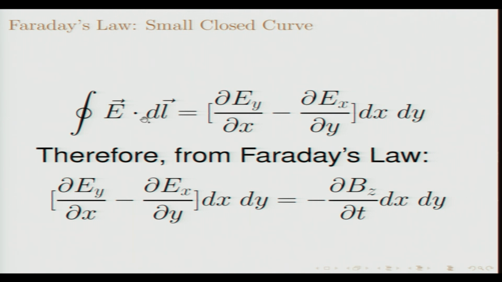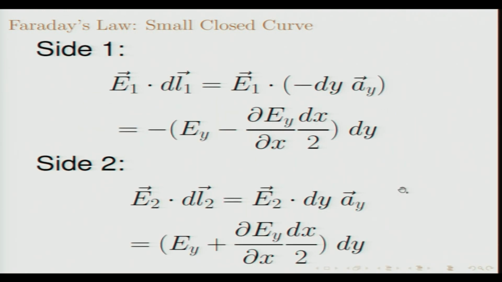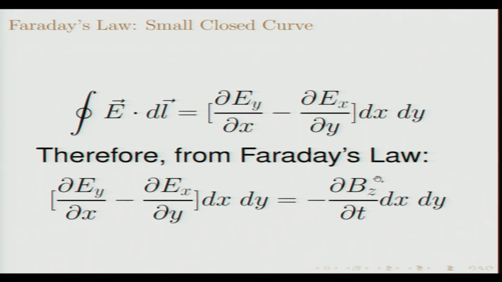Since this is an infinitesimally small curve, what you find is that you will get in fact the expression on the right hand side. So, if you sum this up, you will get this expression. Therefore, E dot dl for this extremely small curve on the xy plane is actually given by this, and as per Faraday's law, this is equal to B dot ds, which we already took out in the initial slide. So, what you get is this expression, and this also means, if you come to the next slide,